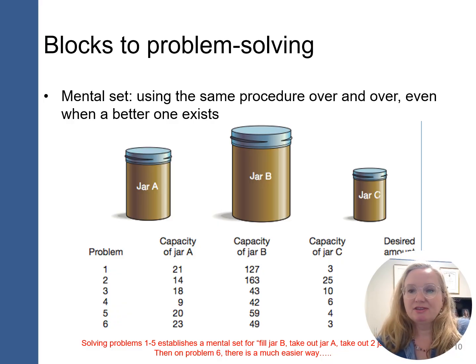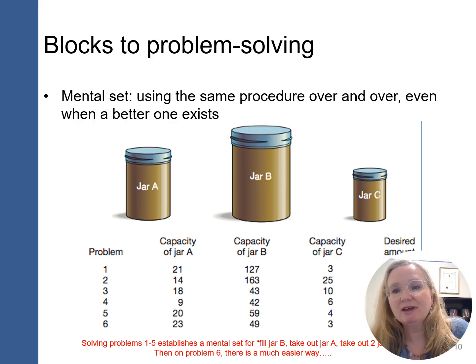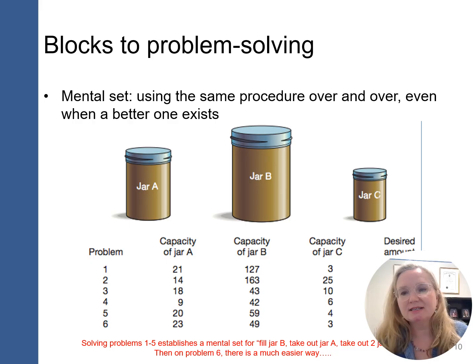Another thing that we have to think about in problem solving is what blocks us from solving problems. I'm sure you've had this problem in your life. You have this problem and it's perplexing and you just can't get to a solution for it. What are some of the blocks? Well, one of them is just mental set. When you do something over and over again, whether it's a procedure or thinking in a certain way, then when something new might be better, you just don't even think of it. You're kind of blocked from seeing the connection.